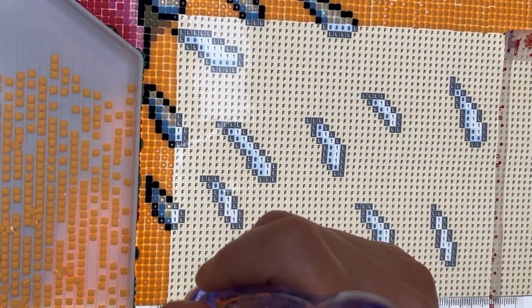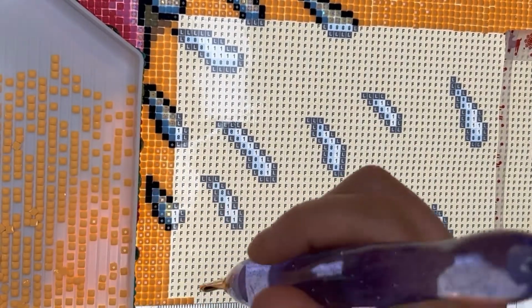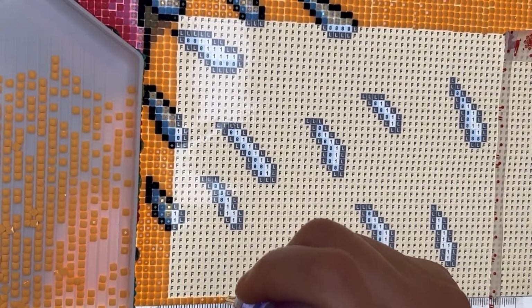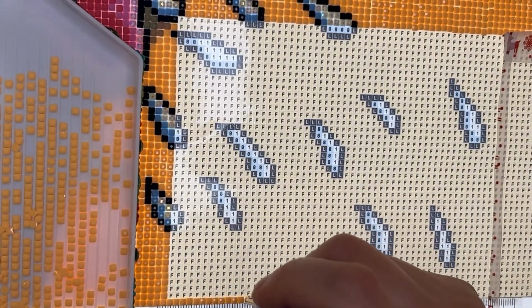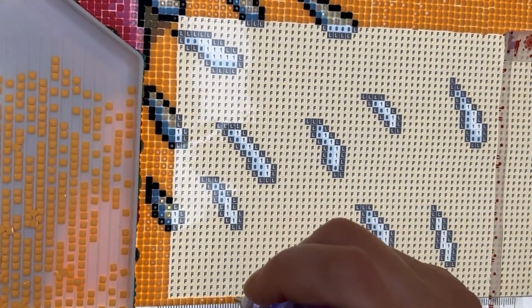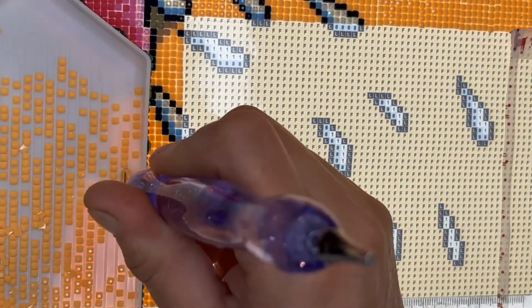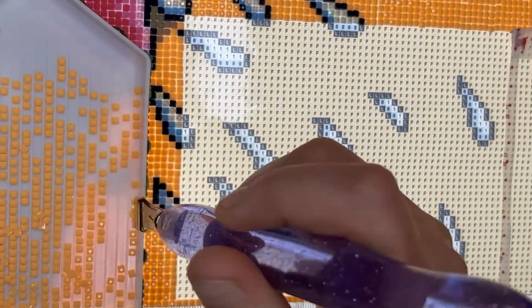So yeah. So let's do the edge. I always like to do the edge first. Get that nice and straight. And then right, so